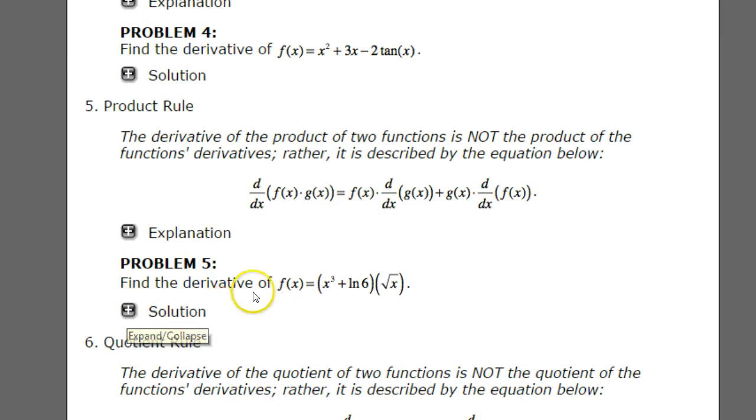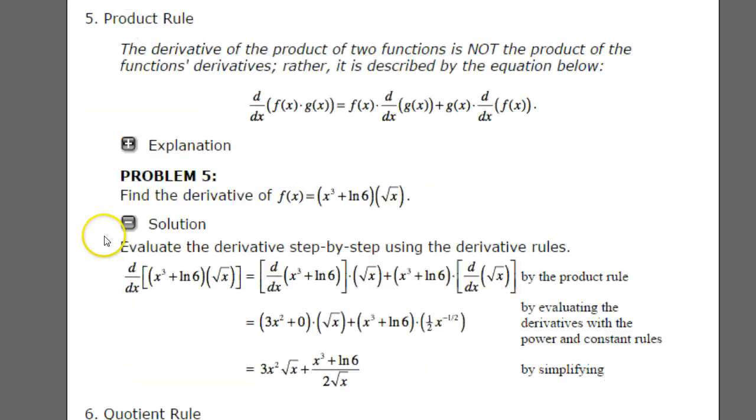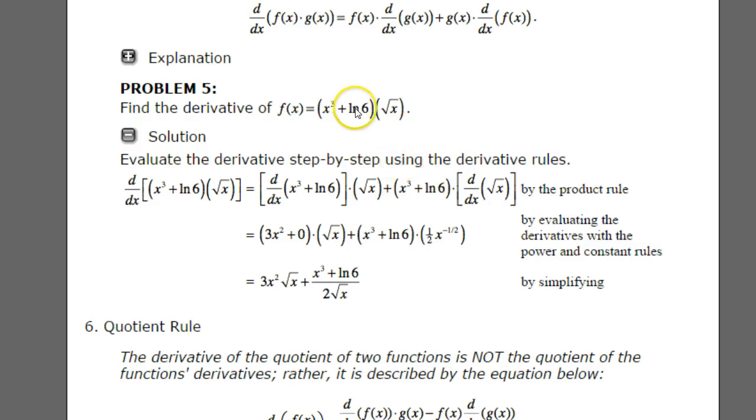Find the derivative of f of x equals (x cubed plus natural log of 6) times the square root of x. So that is one function here and one function here. Now, don't let the natural log of 6 fool you. That is a constant, and when we do the derivative, it's going to turn into 0. So the derivative is, you take the